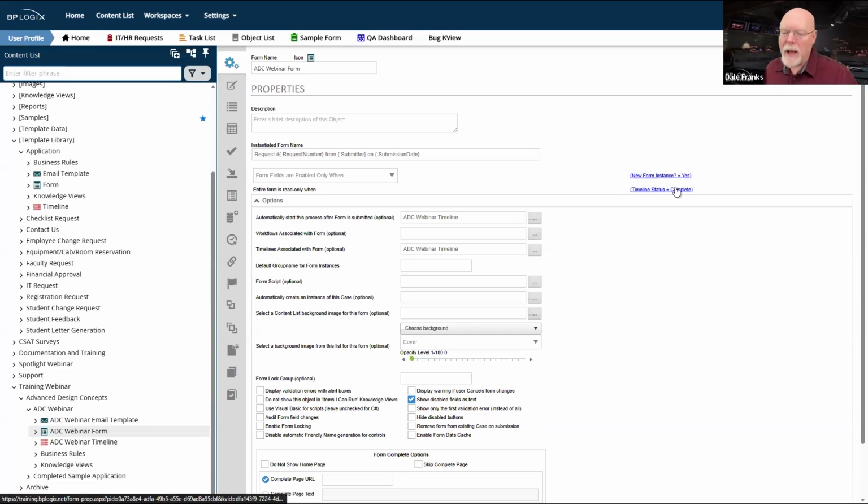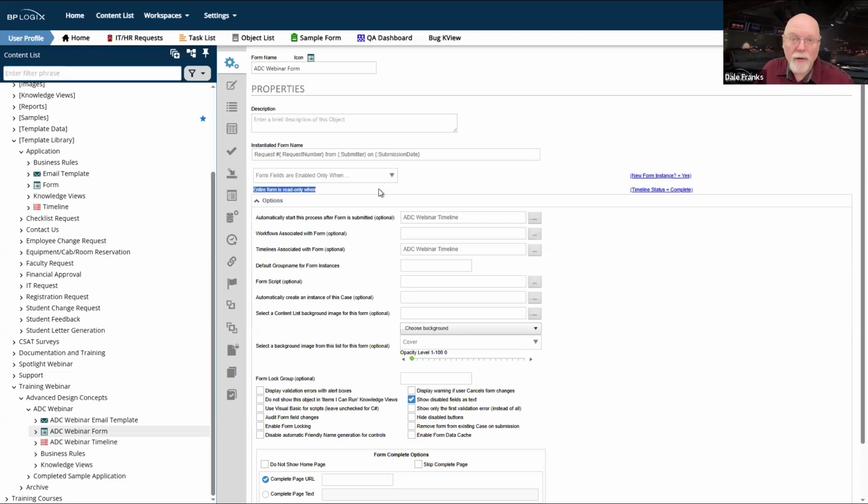The other property is the entire form is read-only. Now, this has nothing to do with the controls, nothing to do with whether a control is enabled or disabled. This is solely to place the form in a non-savable state. So many times when you have a form and it's completed, it's traveled through the approval process, and so you end up with all of these completed requests.